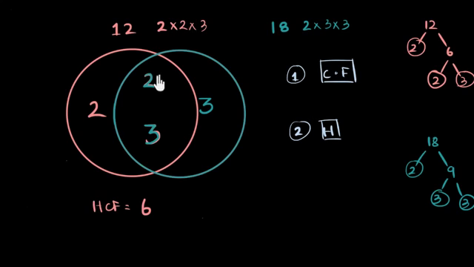Think about it. 2 is a common factor. So if you've written 2 as an answer to the common factor, you're right. If you've written 3, that's right. But 2 into 3 is the biggest thing you can form with these set of common factors. Only 1, 2 and 1, 3 are there. What's the biggest you can form with it? The highest. That's 6.